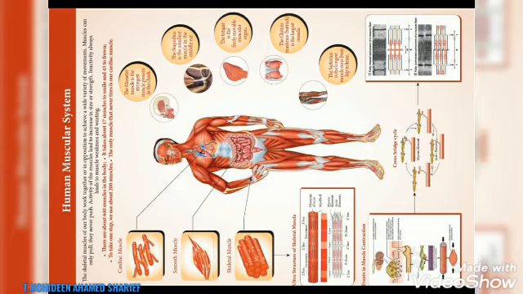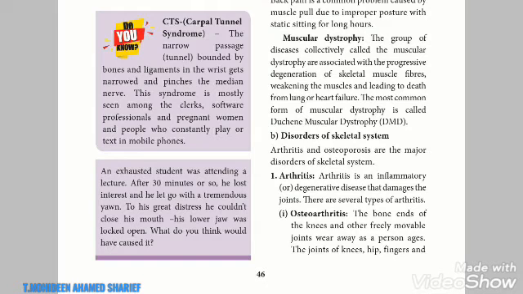So the joint between one vertebra and another vertebra of the vertebral column is a cartilaginous joint, which is slightly movable. Next is the synovial joints or diarthrosis joints. So they are freely movable joints. The articulating bones are separated by a cavity which is filled with the synovial fluid.